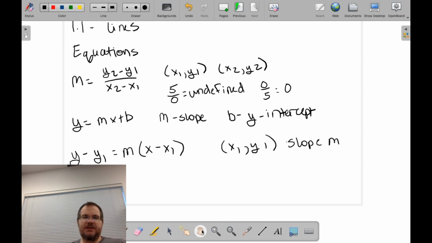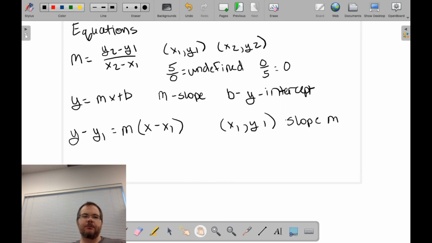The last equation I'm going to talk about here is the standard form. The standard form equation is ax plus by is equal to c. And this is where a, b, and c are all integers. In general, you want a to not be negative, but it's not absolutely necessary. If you're given a line in this form, you can use a few things to your advantage. First of all, c divided by a is the x-intercept, and c divided by b is the y-intercept,